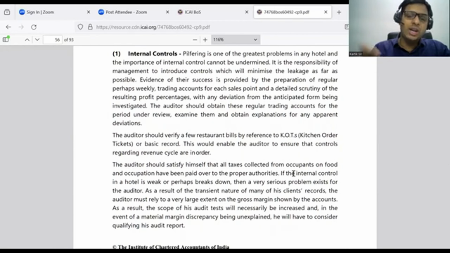Now what happens is you go and sit at your place and you're eating your food. And when you're eating your food, you see that the food has been prepared and they are working as per the KOT system, where they look at the order, they cook the food and they put that order in a bowl. At the end of the day, they check what orders we had kept in the bowl and whether it is matching with the revenue that we have earned. Simple. So this is what we call the KOT, kitchen order ticket system.